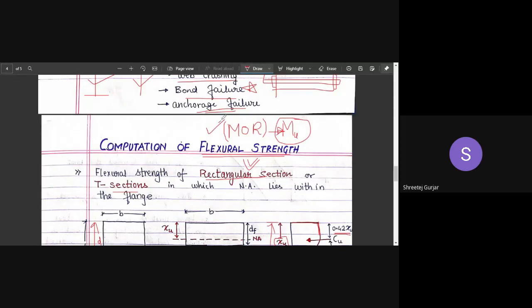Okay, so is this part clear regarding the derivations and regarding moment of resistance? Is it clear? Yes, sir. If you have any doubts, feel free to ask. Don't hesitate while asking doubts. Others might also be having the same doubts. So if you don't understand any of the things, please tell me. I'll explain once more if you want. Is it clear, guys? Everyone has to reply. Yes, sir. Yes, sir.